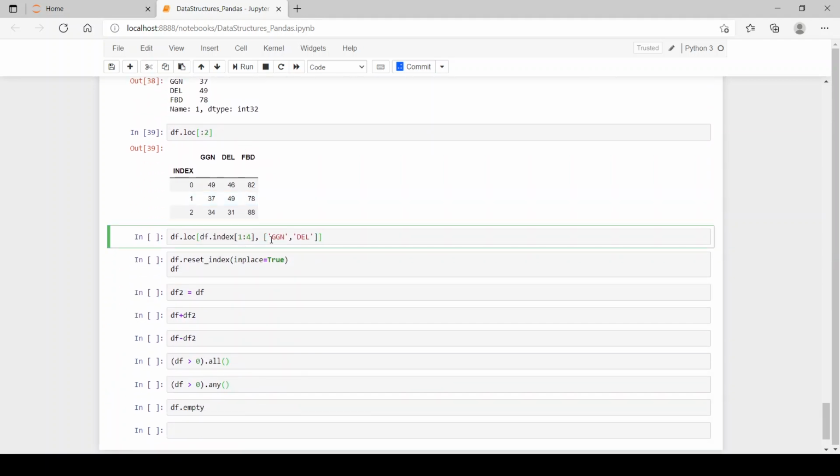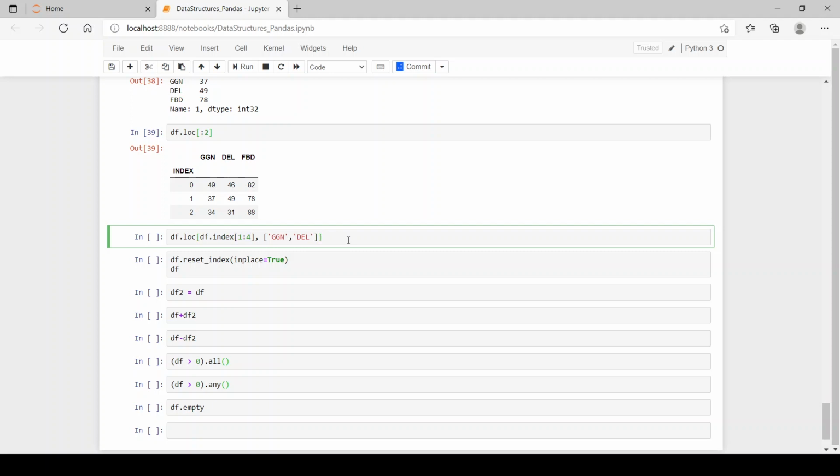And if you want only a selected number of columns, we can do it by mentioning them in square brackets. And also we have indexed our rows to 1, 2, 3.